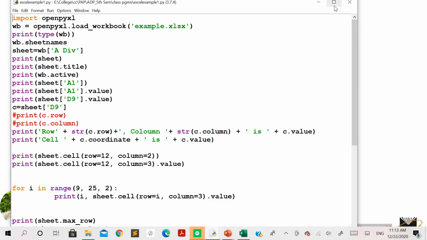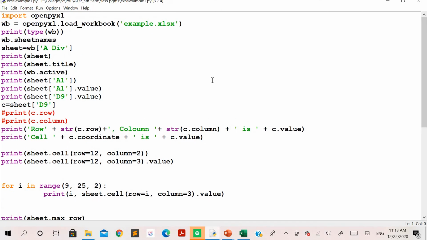Altogether I have covered it in the same video. One more thing I want to tell you in the beginning itself. The names of the methods that are given in your textbook, the textbook you are referring to for this semester, those methods given with OpenPyXL are not at all supported currently with the Python version you have installed in your system. So do concentrate on the methods.